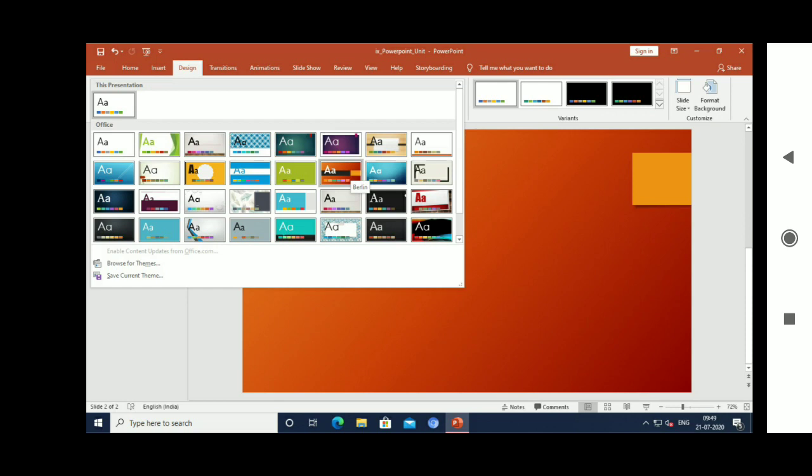So there are two options. First, you can create slides, and then you can select a design. That is also possible, but the best practice is to select the design first and then write your presentation. Next one,